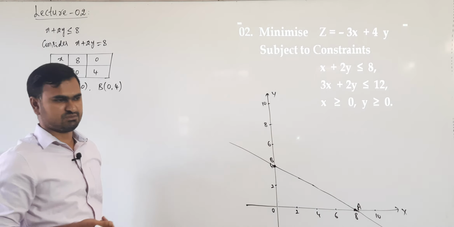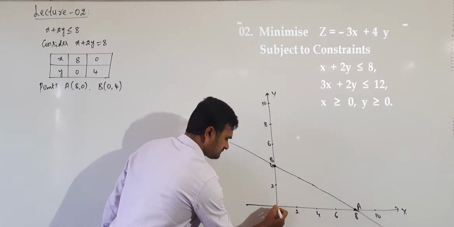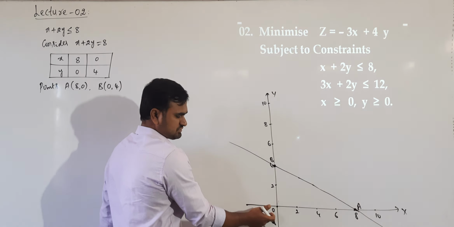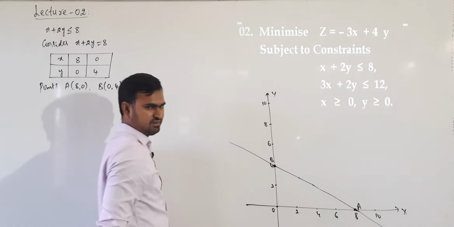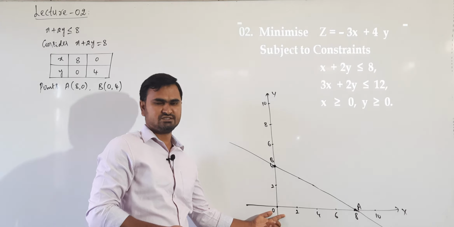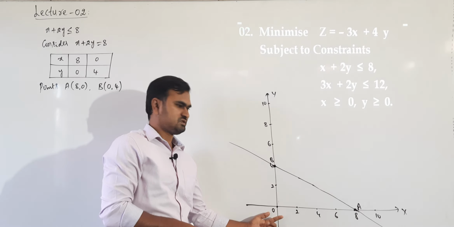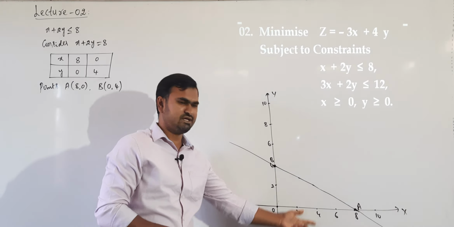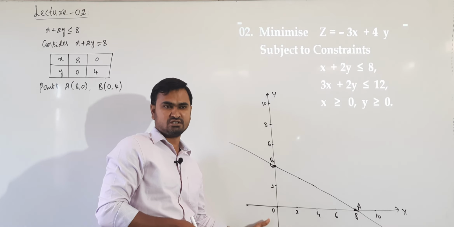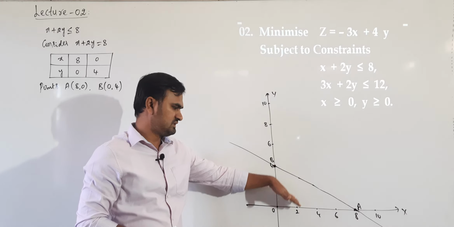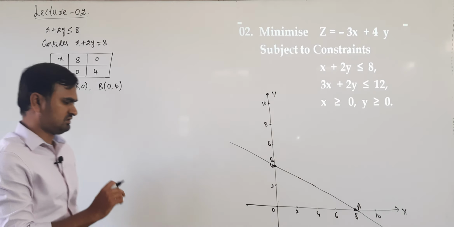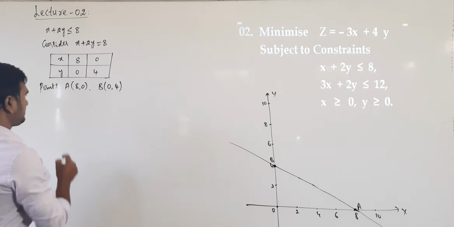You take any one test point. Usually we take origin. See where origin lies here? Below the line. So substitute this origin in the inequality and see is it satisfied or not. If origin satisfies, it means origin lies in solution, so below the line is required. If origin does not satisfy, it means origin does not lie in solution. Now below the line is not required means above the line will be required. Okay. So let's substitute any one test point.